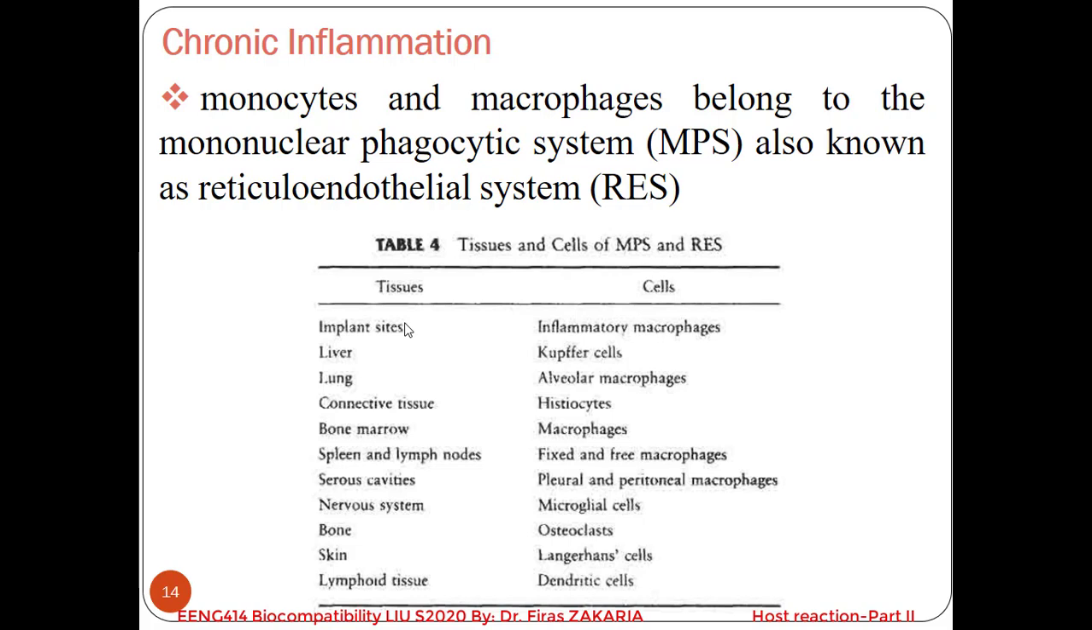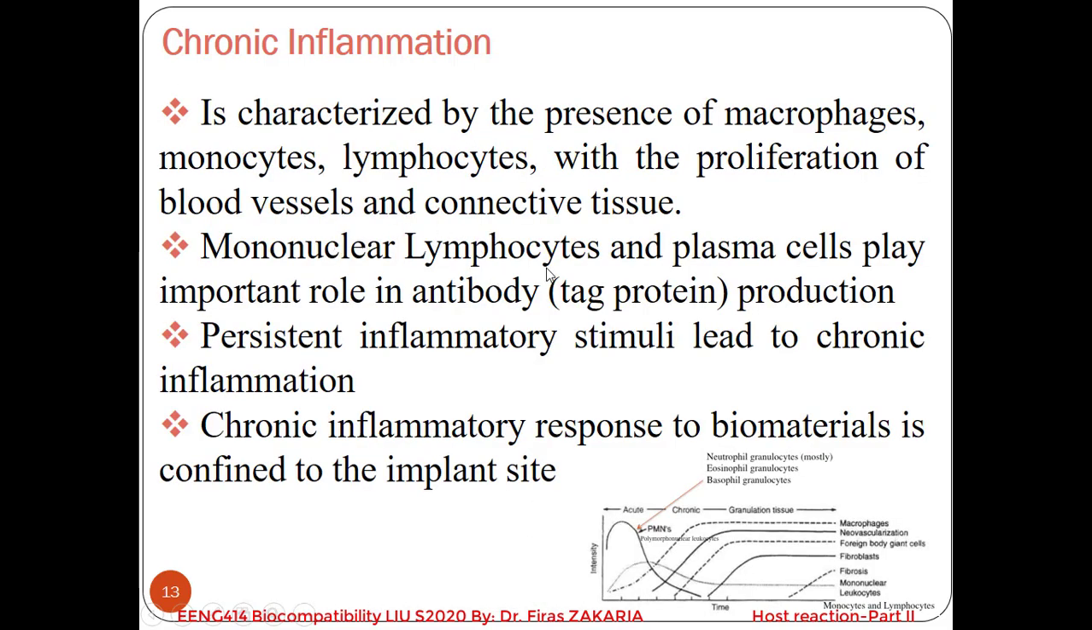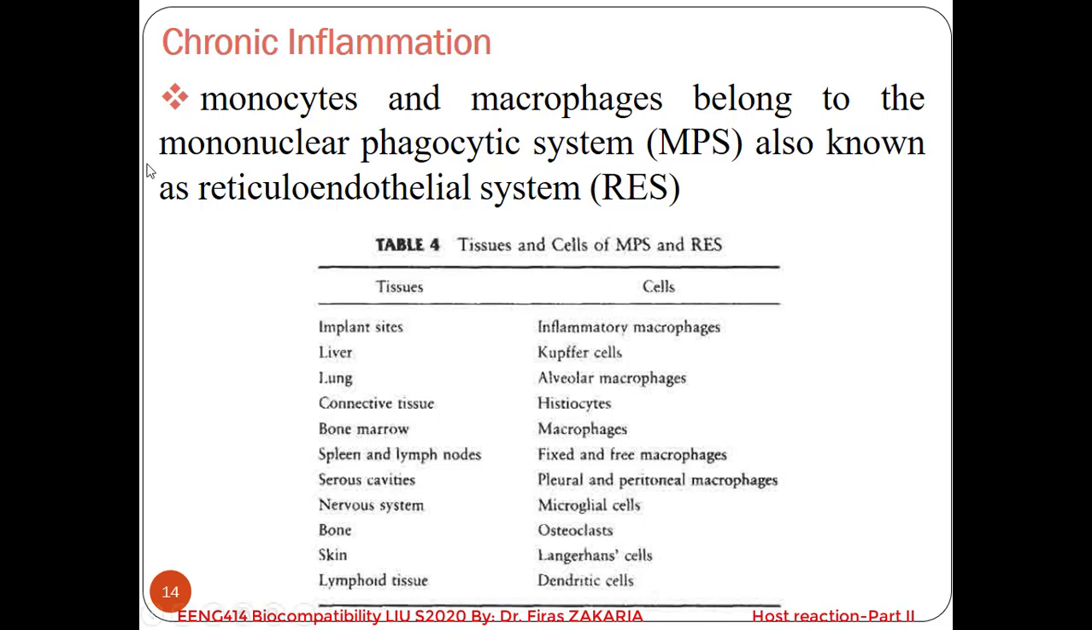This table lists the tissues that contain cells belonging to the mononuclear phagocytic system and reticuloendothelial system. When I say mononuclear phagocytic system, I am talking about the monocytes and macrophages. When I said mononuclear lymphocytes before, I was talking about the monocytes and lymphocytes. In the mononuclear phagocytic system, or the reticuloendothelial system, we have here a list of tissues that contain cells that belong to